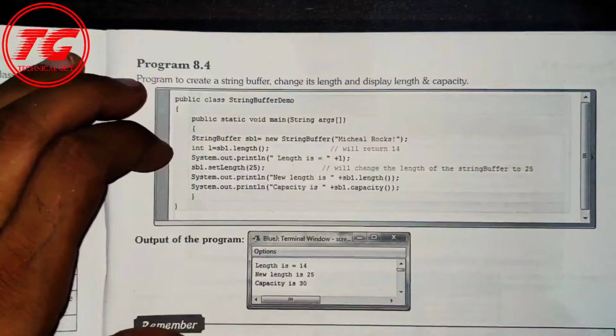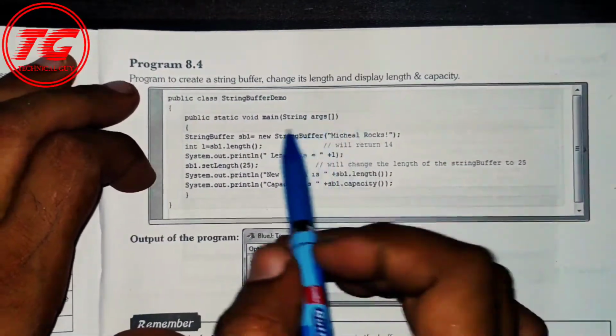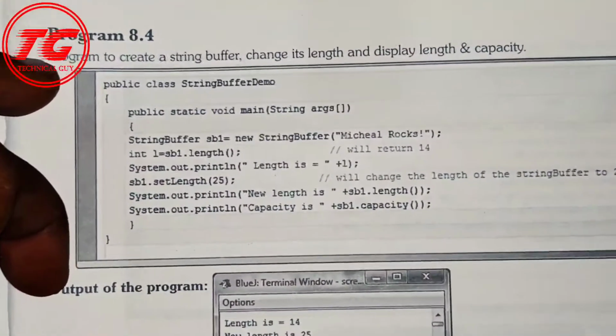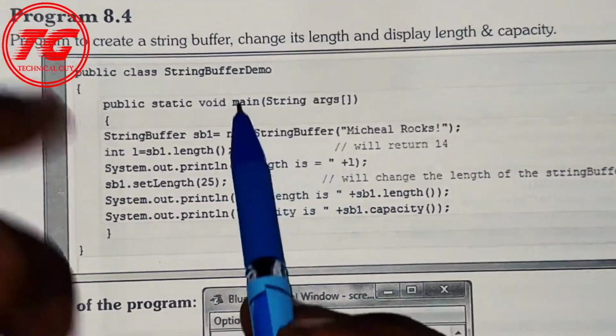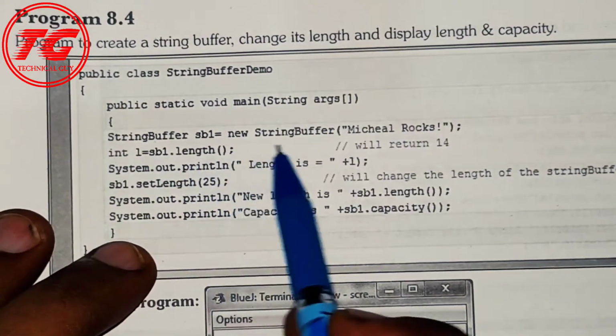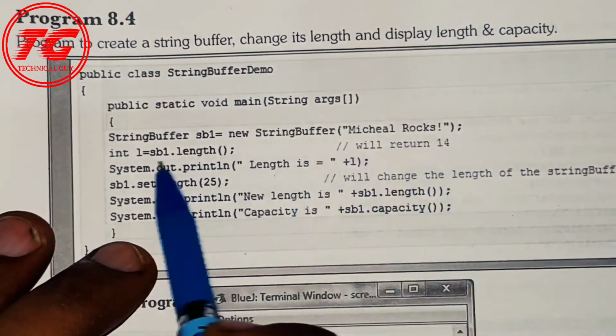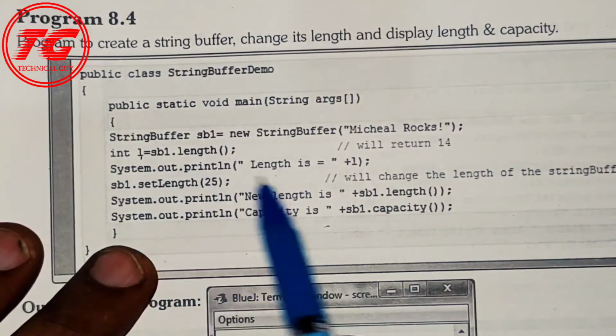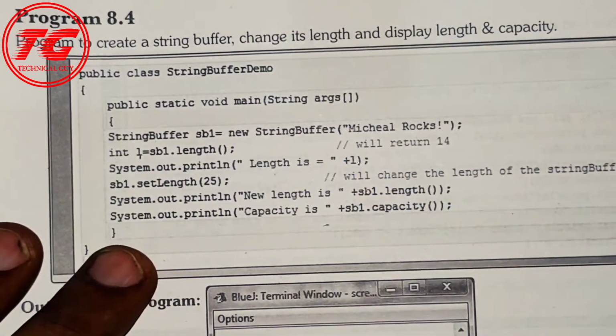So here is the program. We have the main method, a string buffer is created, Michael Rocks is written here, and we are getting the length of this string buffer, and the length is printed.